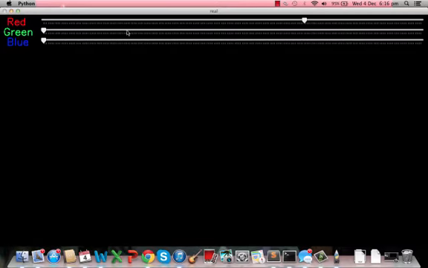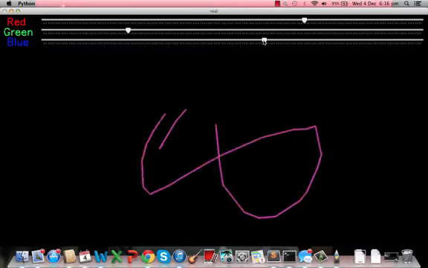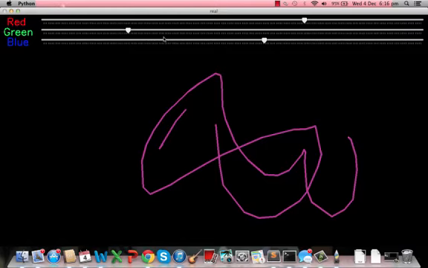So let's say I just pick a random color right here. And again, this works the same way. You hit D, you start drawing. You hit D again, it stops drawing. And so I'm holding up the object right now, and I hit D. It's drawing in a nice little purple color. And if I hit D again to stop drawing,